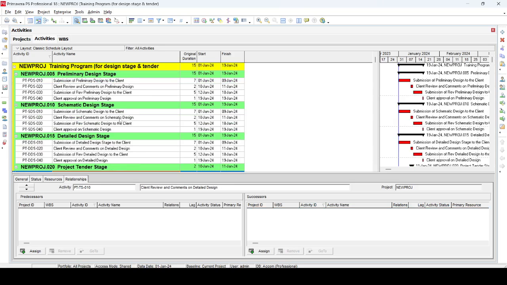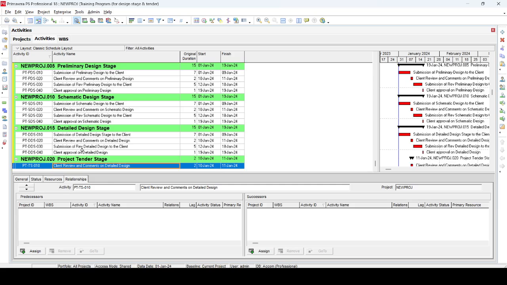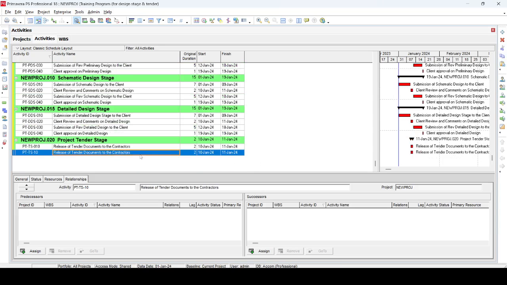Now you can see I just copy the activities again for the preliminary design stage. Then we have schematic and detail. Then tender stage is the release of the tender documents to the contractors. Then copy the activities. Receiving tender process, which will involve getting responses from different contractors for their requests